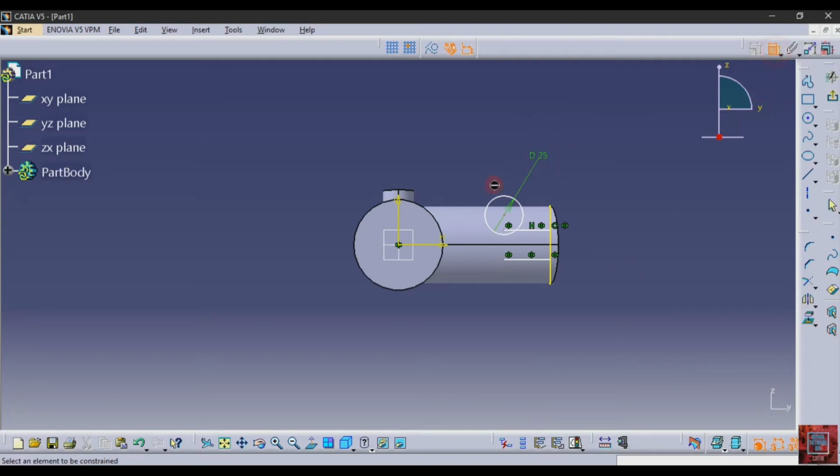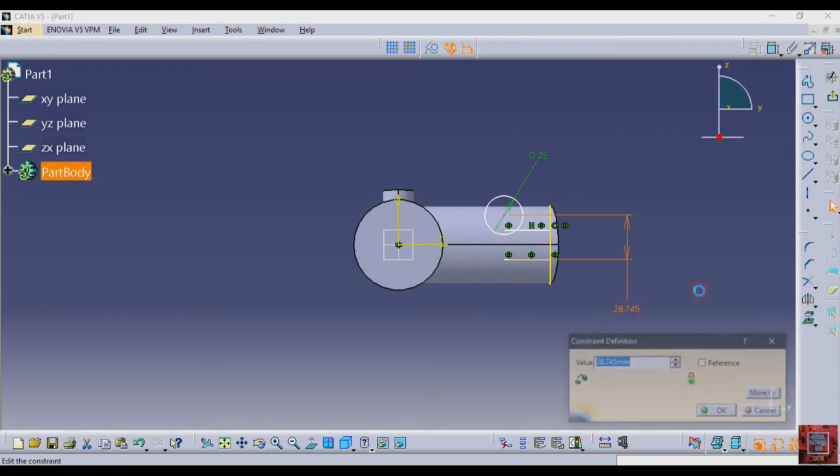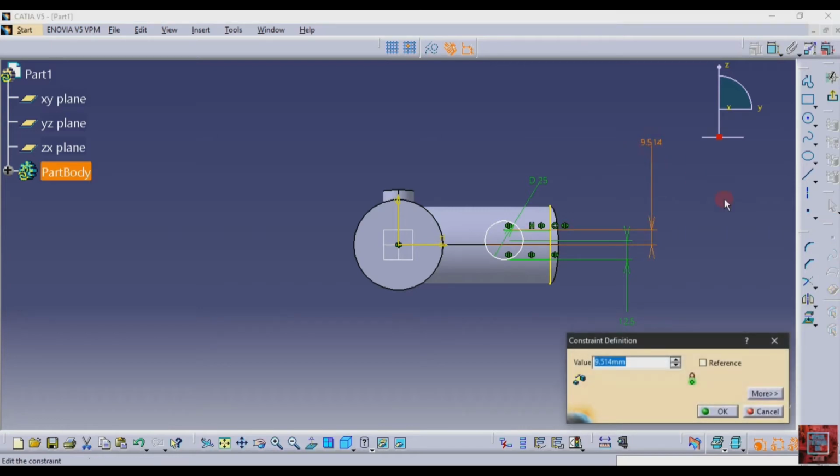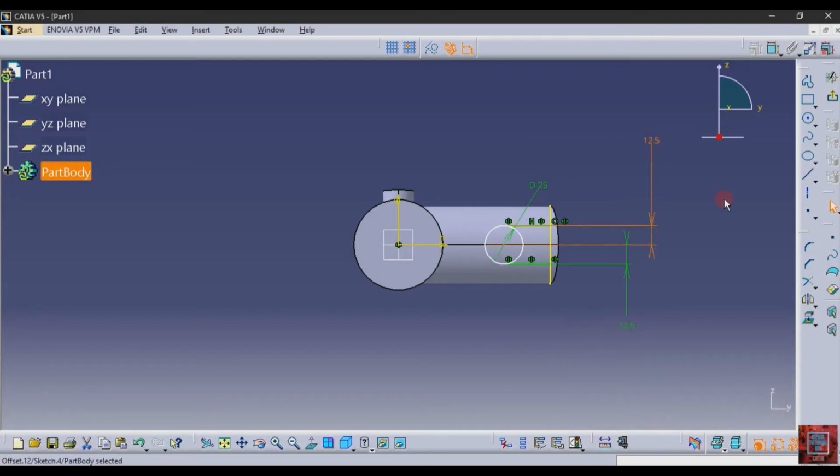Then from this point to this point the distance is 25 divided by 2, and then the distance from this line to the horizontal axis is 12.5.